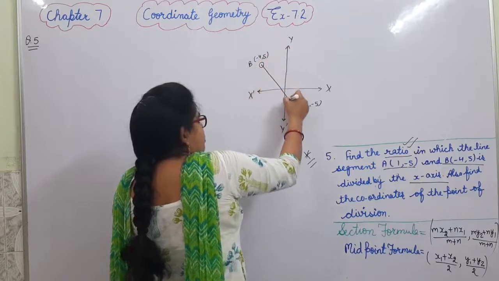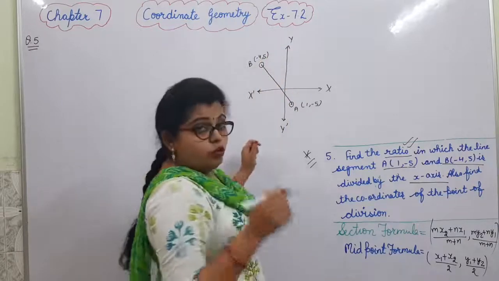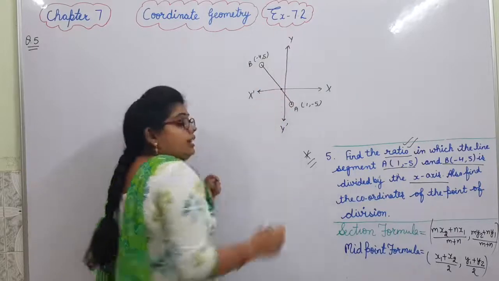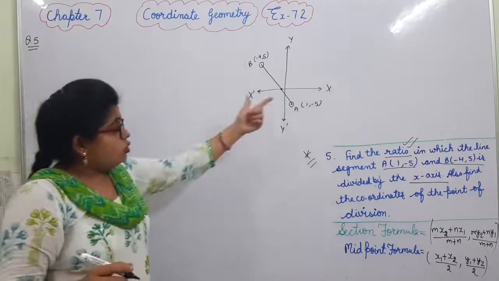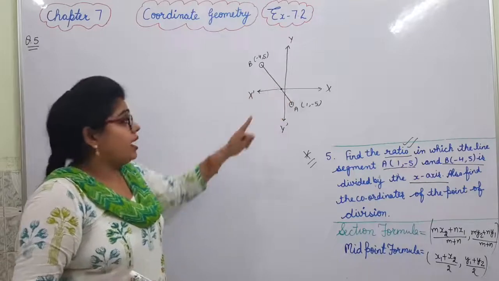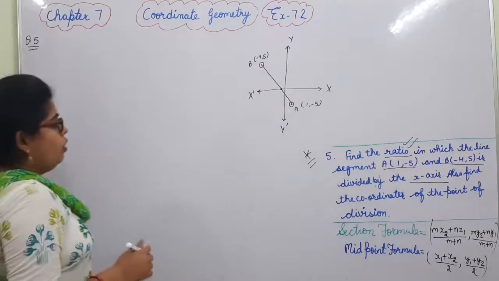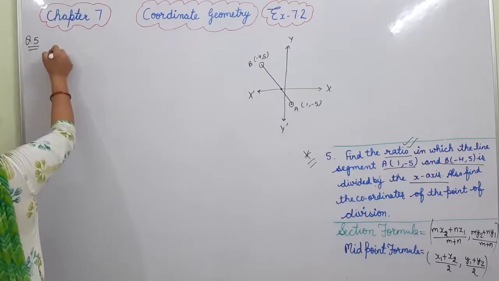Now we have to find the ratio of that point. We have to find the ratio in which the point divides the x axis. It will be like this. Okay, now what we will do, let